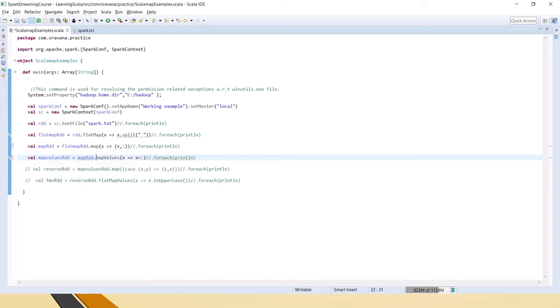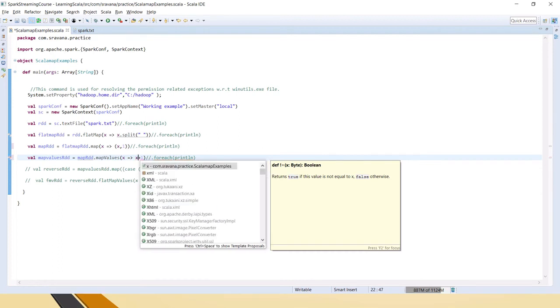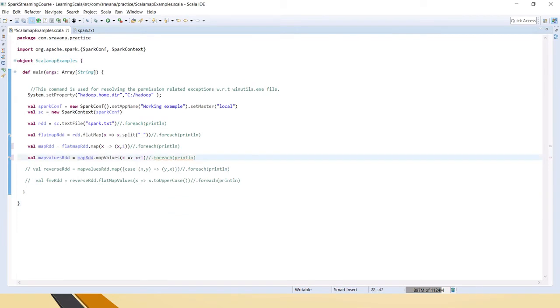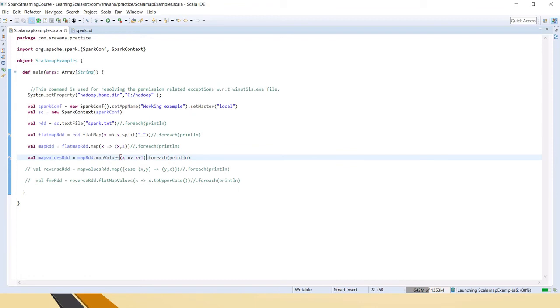So for each value associated with that key, apply this function, which is x plus 1. Because the second one is an integer, I am applying +1. Now you can put a dot and see that it will give all the integer functions which can be applied on top of an integer. And if you have a string in the value, it will give the functions that can be applied on strings.